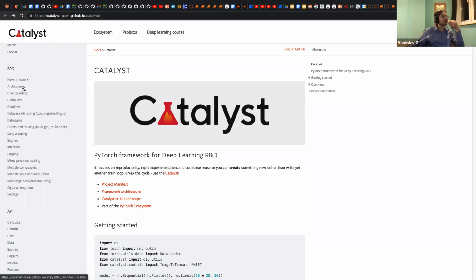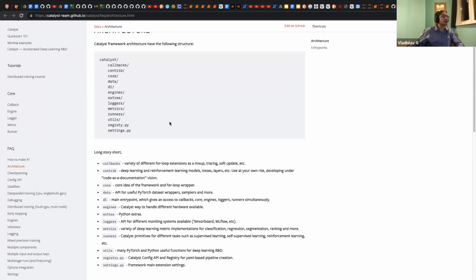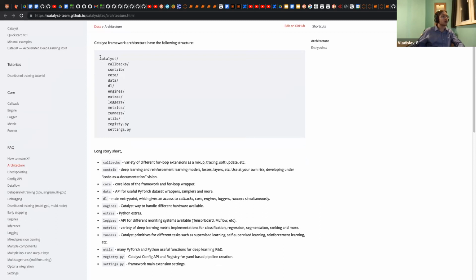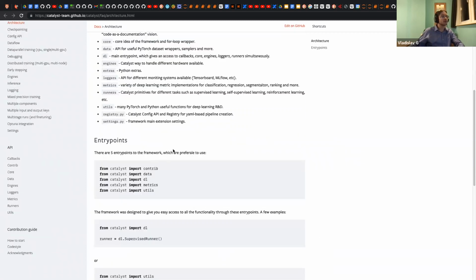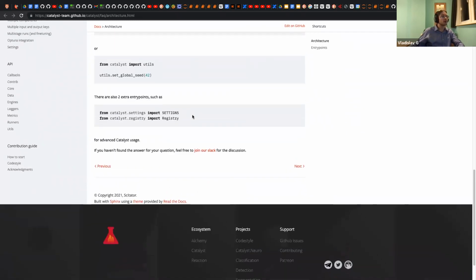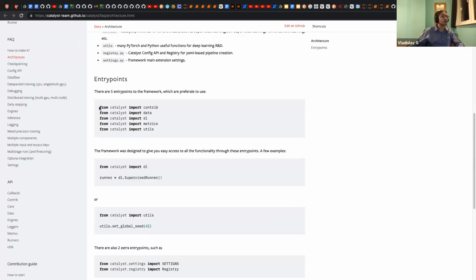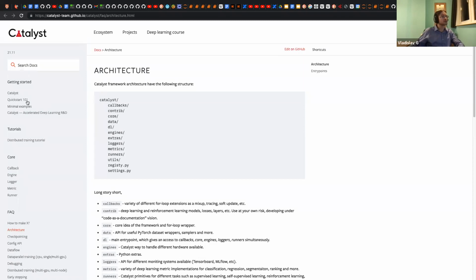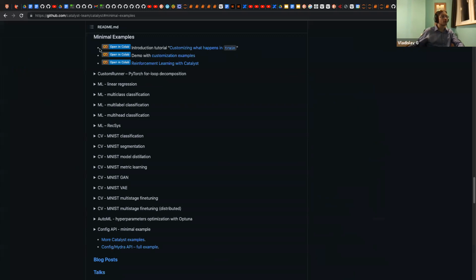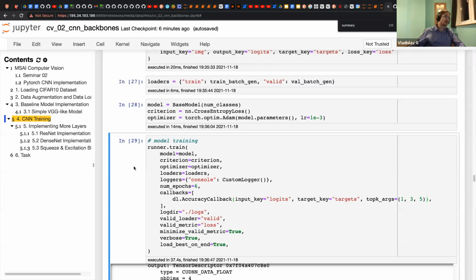They have this page of the architecture where everything is described, what means what, and where to start. I think these minimal examples that I already visited are really relevant things. You could open it in Colab and just play with it. But we will return to our stuff.